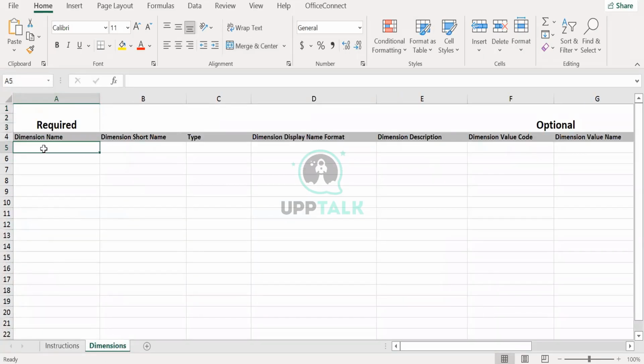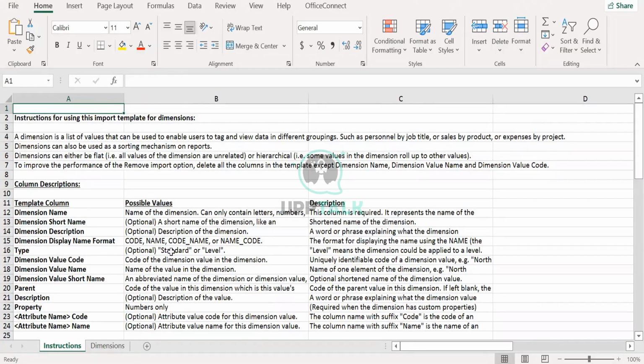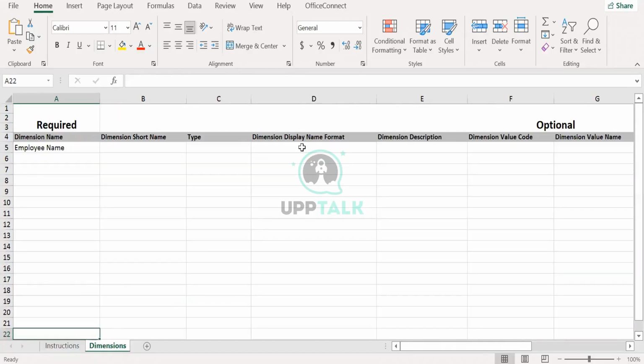Let's say the dimension name that we want to create is employee name. I don't want a shortening. I will see whether type is mandatory or not. It's optional. In the F and G columns, I will write the values.